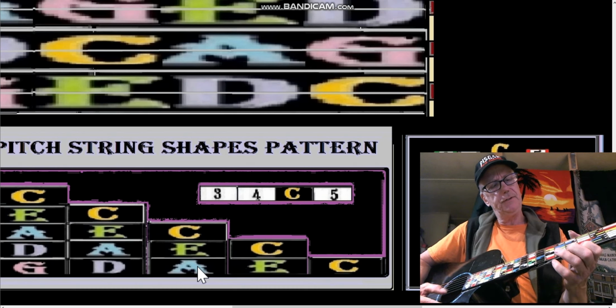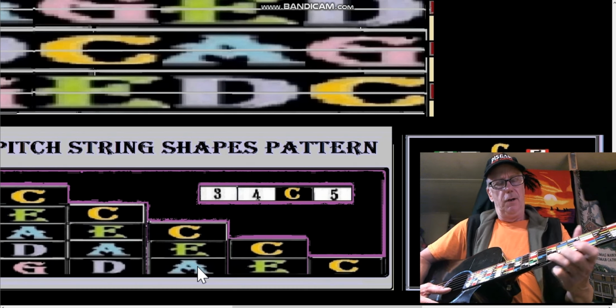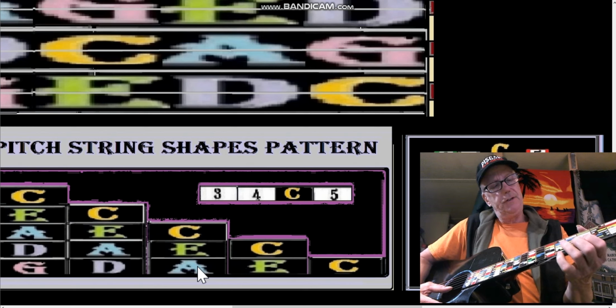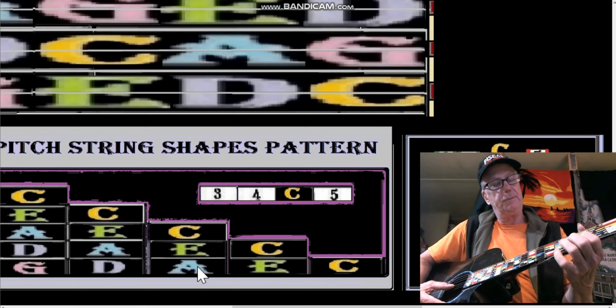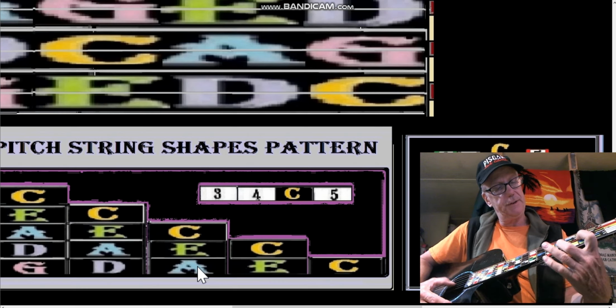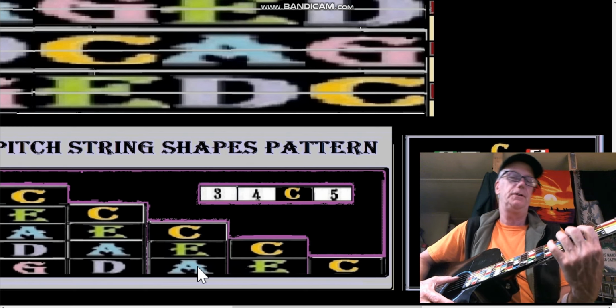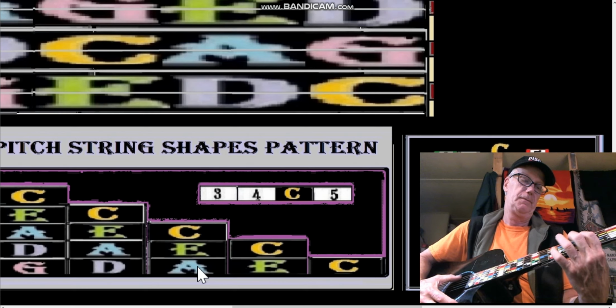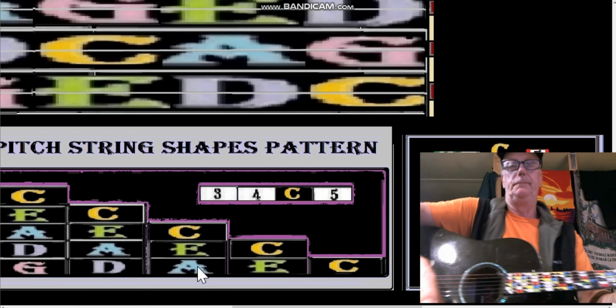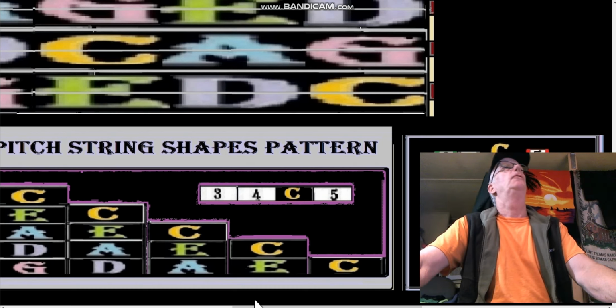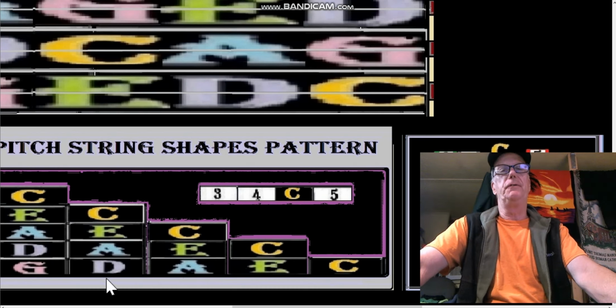So we have the C shape on top. Fourth of the C shape is a diminished fourth to the E shape. Fourth of the E shape's the A shape. Fourth of the A shape's the D shape. Fourth of the D shape is the G shape. Fourth of the G shape is our C shape. So vertically, we're going in fourths and fifths with